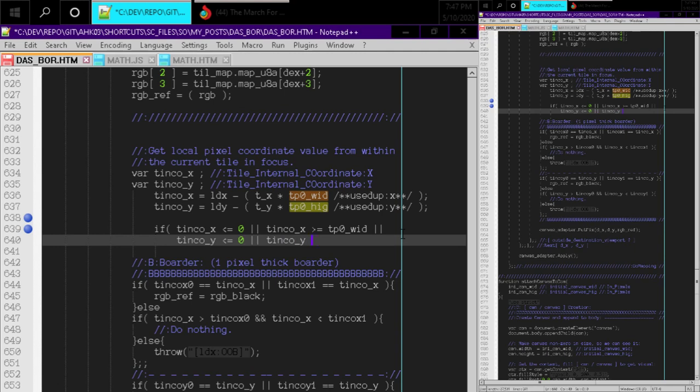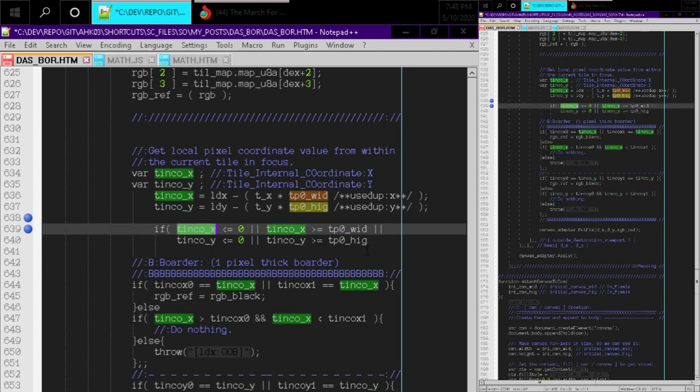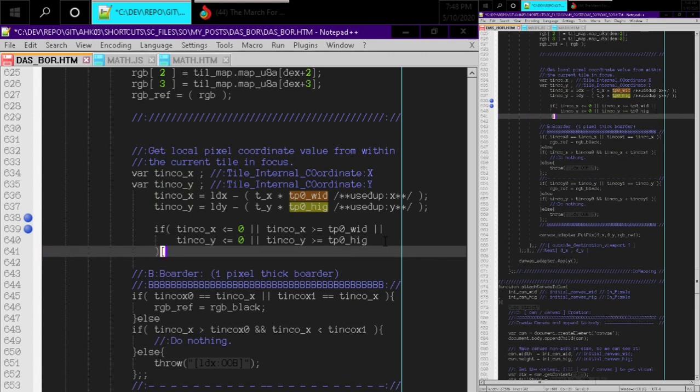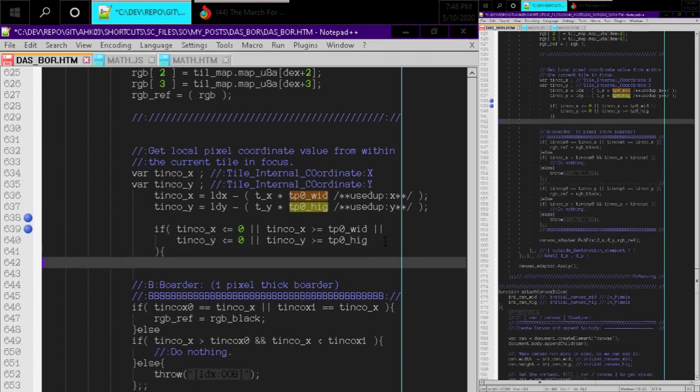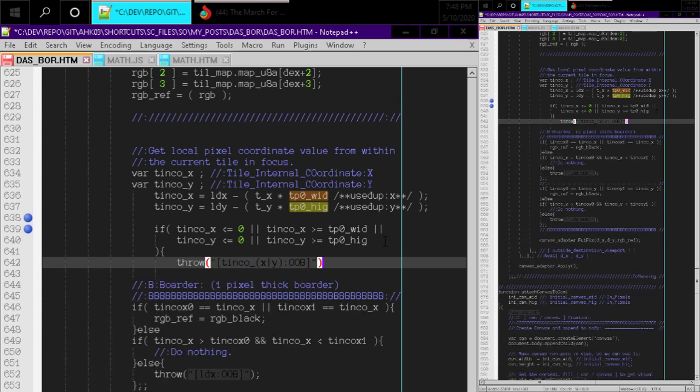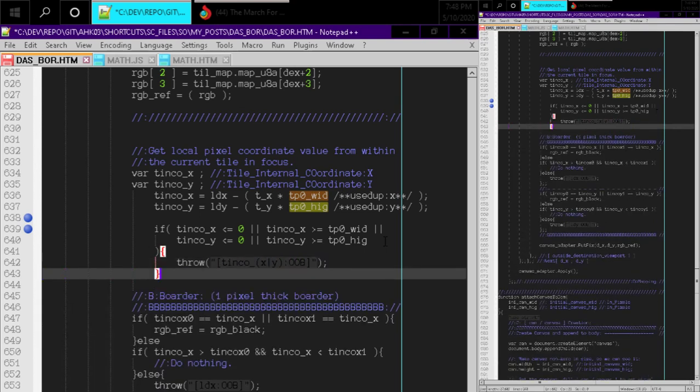So we could consolidate both of these checks into one if statement, checking both the X and Y against the tile height, and then here we can just throw, and then we can just have "X or Y is out of bounds",